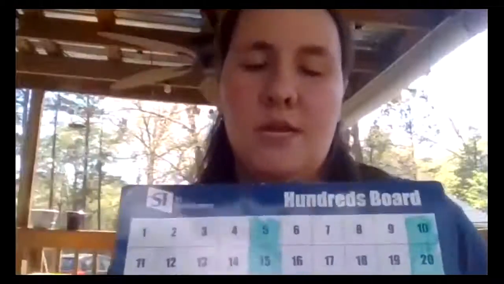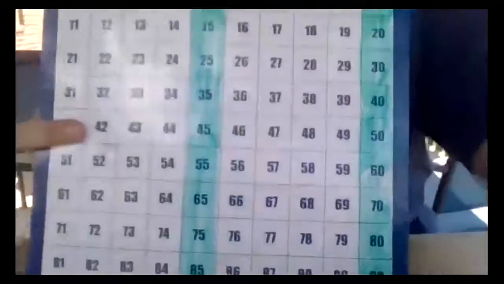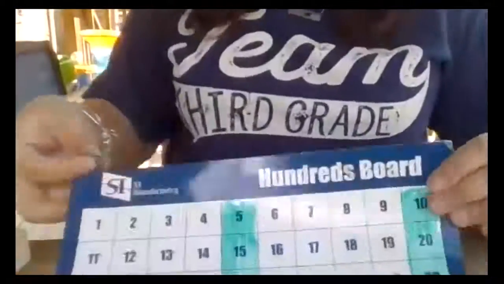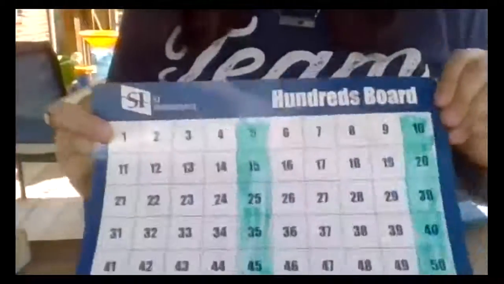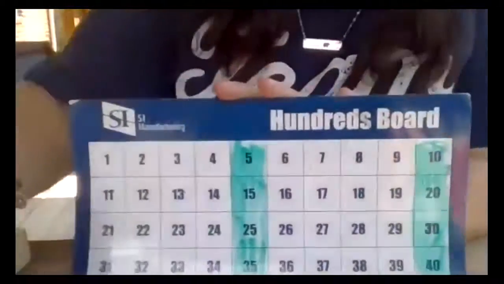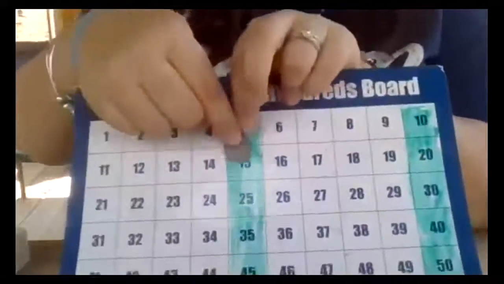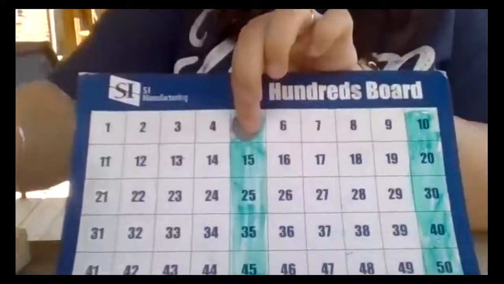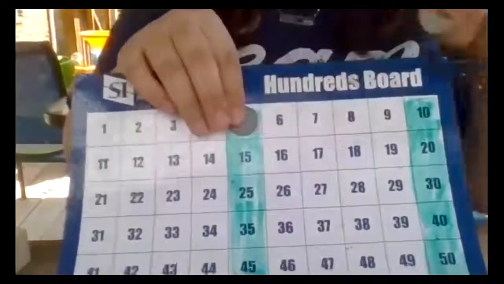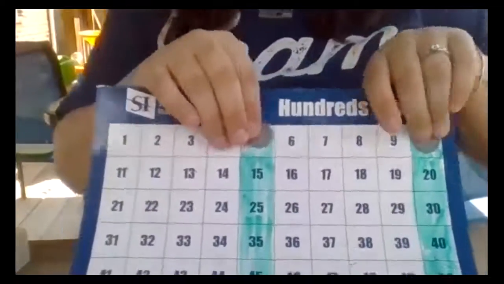So let's pretend like I have 3 nickels, just like our dimes, because I only have 2 hands and it's kind of hard to do this. All right, so I have 3 nickels. Let me see if I can move this down so that you can see it a little bit. Okay, so I'm going to do the same thing I did with my dimes. I'm going to put my nickel on where I colored, and I'm going to start at the beginning and then keep moving over. So 5, 10,